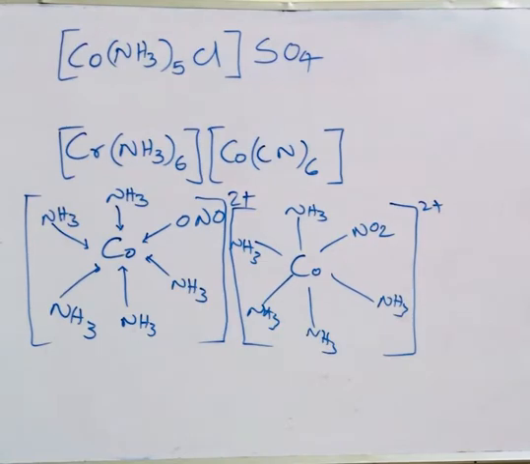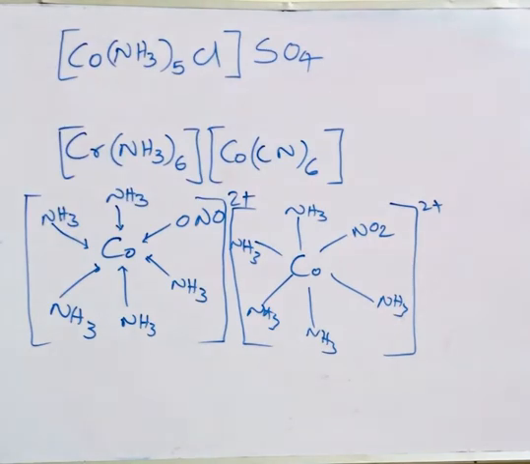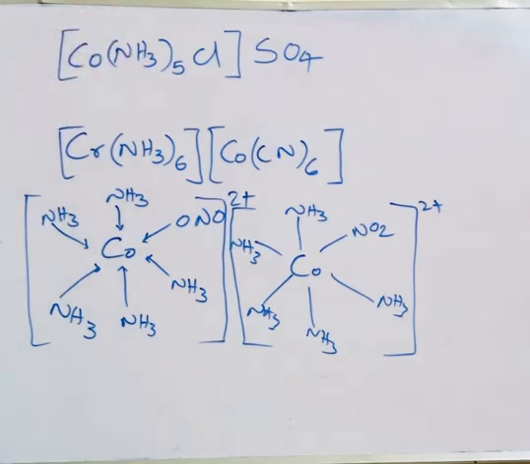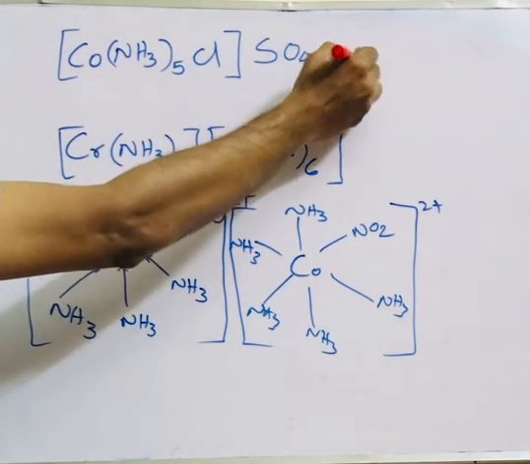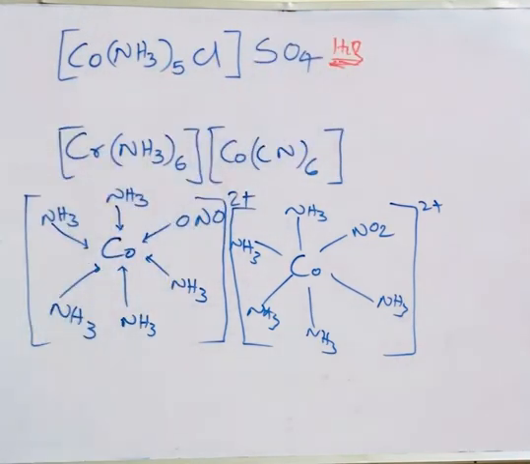The first one, if you can see in this part, Co(NH3)5Cl and SO4. This is a compound where they ask to write another isomer, ionization isomer. That means it undergoes ionization isomerism. Isomers will have the same molecular formula but they differ in their properties, correct? So if I take this and add into water, what will happen? It ionizes. Water, it ionizes. How it ionizes?